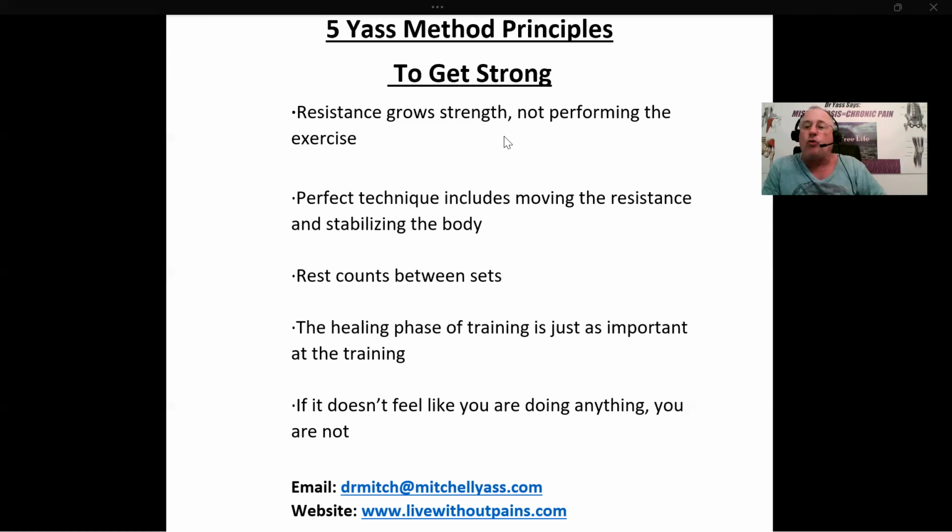What makes the muscle stronger is causing the muscle to adapt to greater and greater resistances. I'll say it again. The exercise does not create strength. The exercise isolates the individual muscle you're trying to strengthen so it can be put in a position so it can adapt to greater and greater resistances. That's what causes strength to develop. That's what makes muscle bigger. That's what improves the ability of the muscle to perform function.